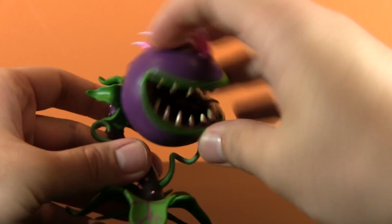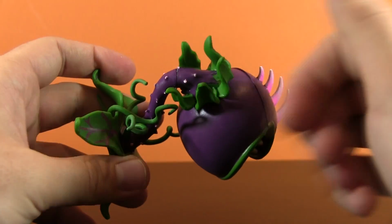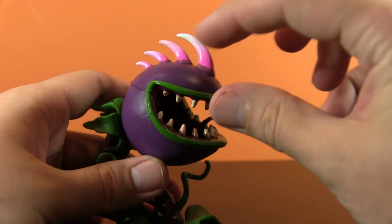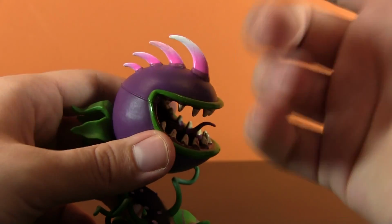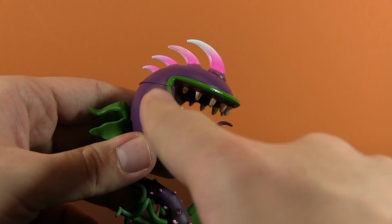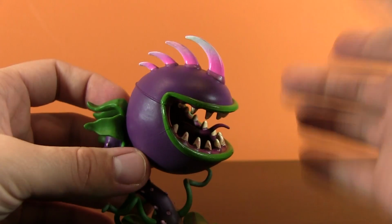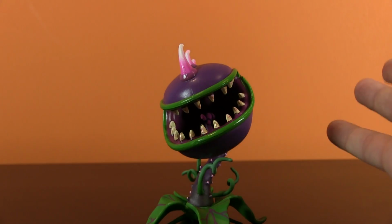So he's only articulated at this one point, which again, is that something that I would have loved to see further articulated? Yes, but honestly, the only articulation point I would love to see on this guy, and it's a little bit of a downer, is the chomping action. I think it would have been really interesting if somehow... you see, the problem is that because his mouth is not equal, I'm sure it's difficult to figure out where do you make it chomp down, because you would probably have to put the joint here, but then you would break up the sculpt too much. So I'm sure it was a really difficult decision for them to pull off, but I think that this guy looks fantastic, and